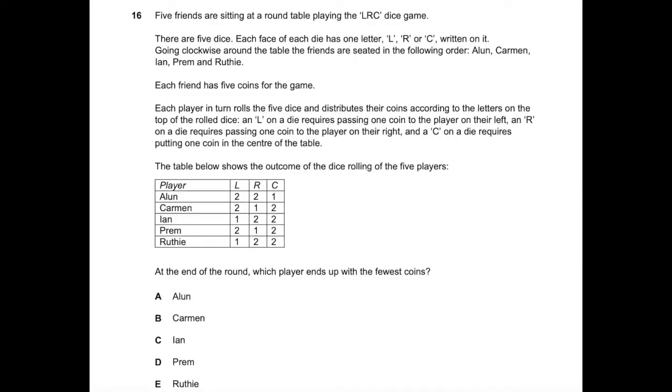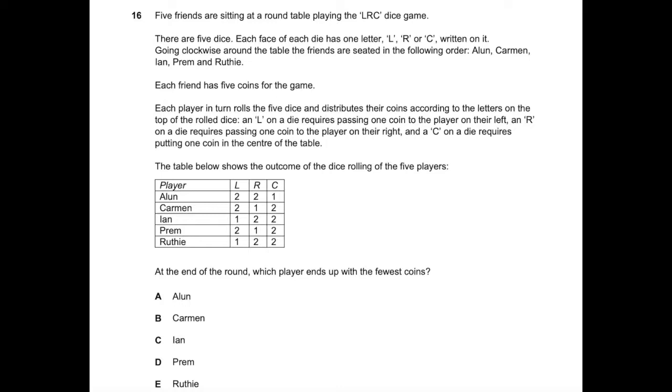Question 16. 5 friends are sitting at a round table playing the LRC dice game. There are 5 dice. Each face of each die has one letter, L, R or C, written on it. Going clockwise around the table, the friends are seated in the following order: Alan, Carmen, Ian, Prem and Ruthie. Each friend has 5 coins for the game. Each player in turn rolls the 5 dice and distributes their coins according to the letters on the top of